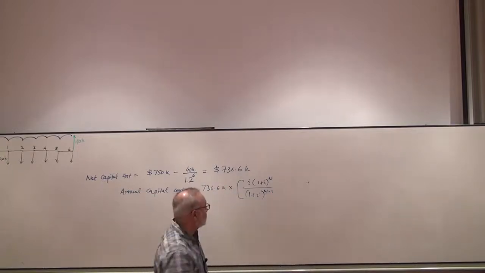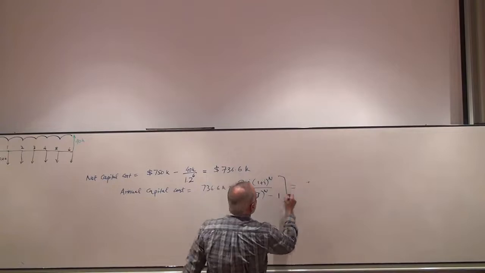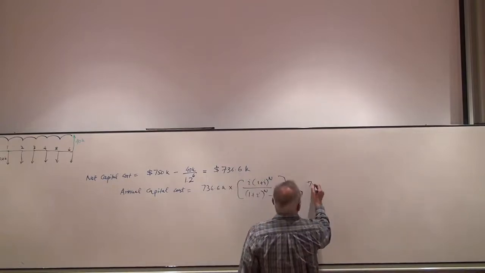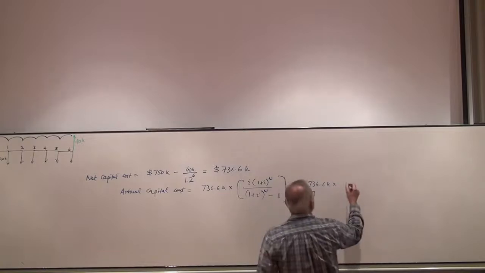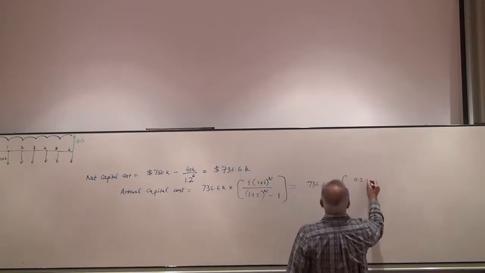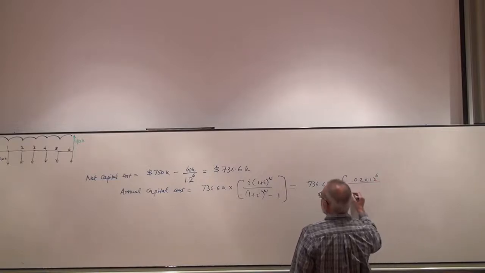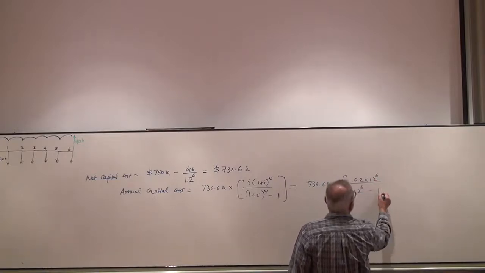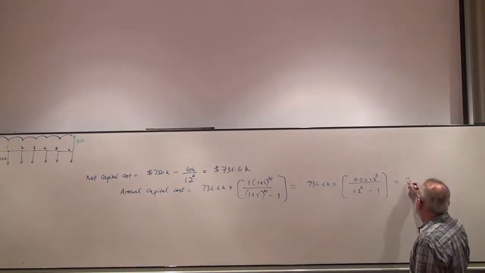Minus 1 is down here. And we have 736.6K multiplied by 0.2 times 1.2 raised to power 6, divided by 1.2 raised to power 6 minus 1. So this will be